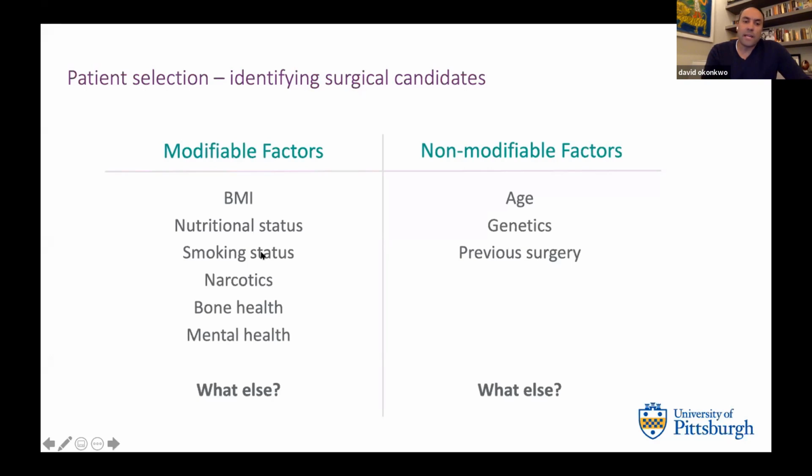I find this to be right up there with BMI. We know that smoking has a negative effect on wound healing, on bone healing, on arthrodesis, and so especially in the spinal deformity population, smoking is a non-negotiable non-starter in my life. And it's reached the point that the folks on my team who often have contact with the patients before they come to meet me